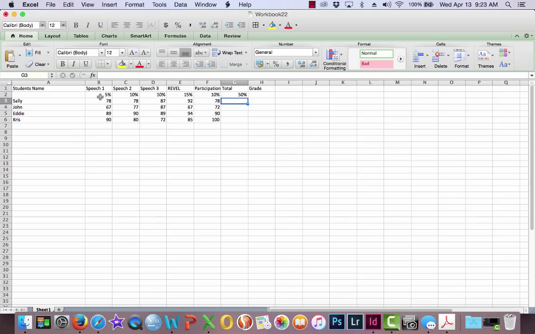Now that we've entered all the students' grades in, what we need to do is take each score, multiply it times the percentage that it's worth, and then add them all up to find out where they are in the course. So to do this, we're going to go on Sally's row, go under Total, and I'm going to start with a formula. I put equal sign, and then I take the grade. I take Shift 8 to get the multiplication sign. So 78 times